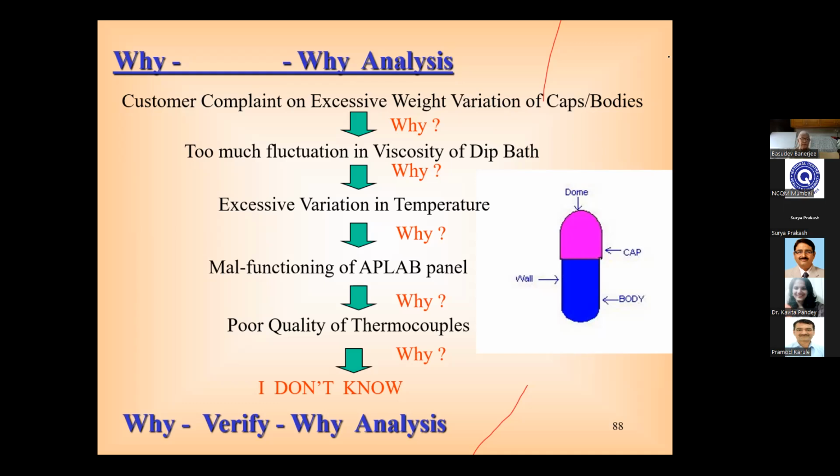Because the two machines are running with more or less similar temperature. One of them has the problem, the other one does not have the problem. Then temperature in that range is not the problem. Same way, if two machines are running with a similar viscosity, one of them has a problem, the other does not, then viscosity in that range is not the problem. So we had to go to why. Every time you calculate, you find out the reason. What you are talking about, verify with facts. Fact-based data collection is important in all statistical analysis. Remember that. So why verify why analysis is what you have to do.